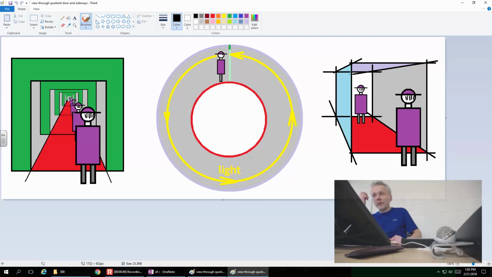The light from the back of the person's head goes around this kind of round room, and that's how it gets back, and that's how he sees his own back. If you follow the light, there is some source of light somewhere, and then off the back of the person's head, the light bounces, makes this round trip, and arrives at his eye, and that's how he sees his back. So think about the universe,